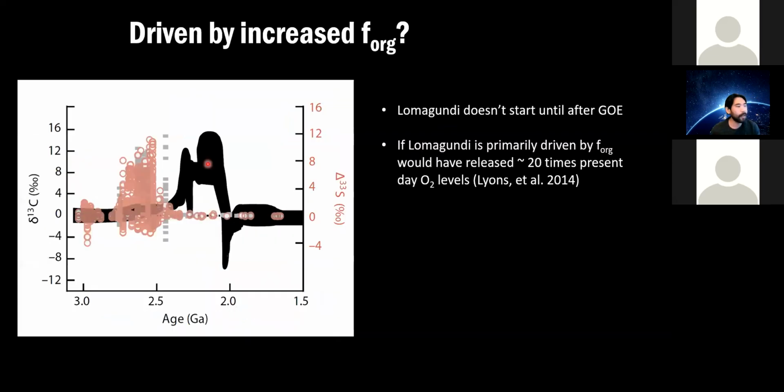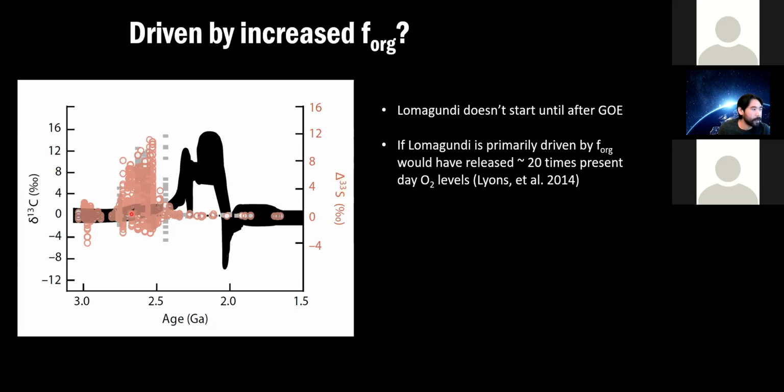However, when you look into more detail at these two records, there could be some possible problems in explaining both events by an increased F org. What I'm showing here in black is that same delta 13C record, where we can see the Lomagundi event starting around 2.3 billion years ago. And what's shown in red is this value called cap delta